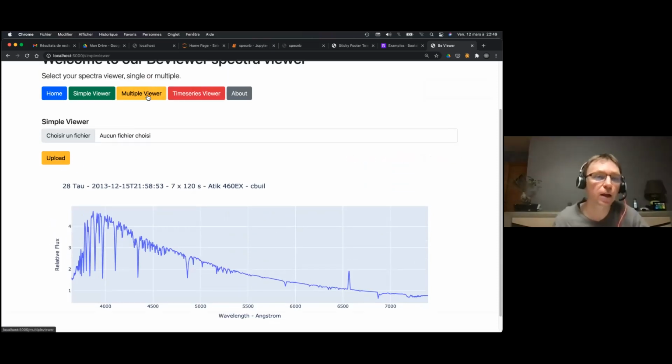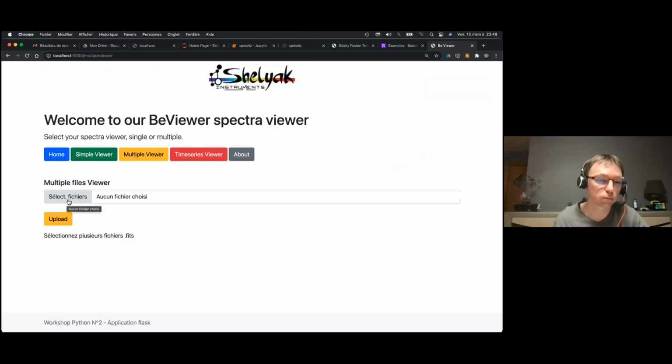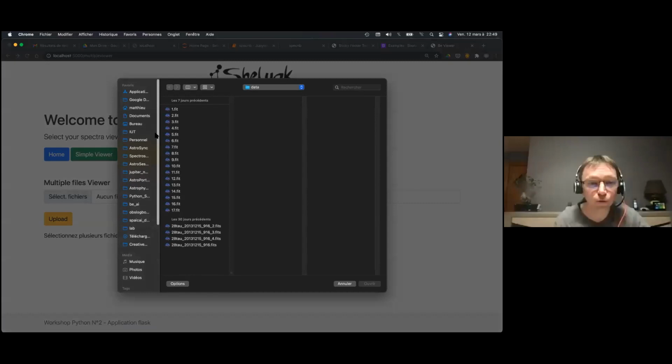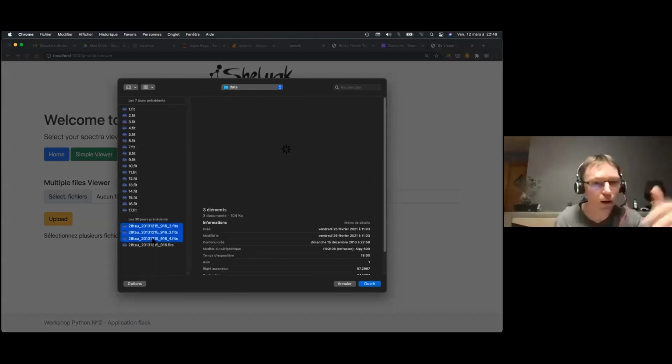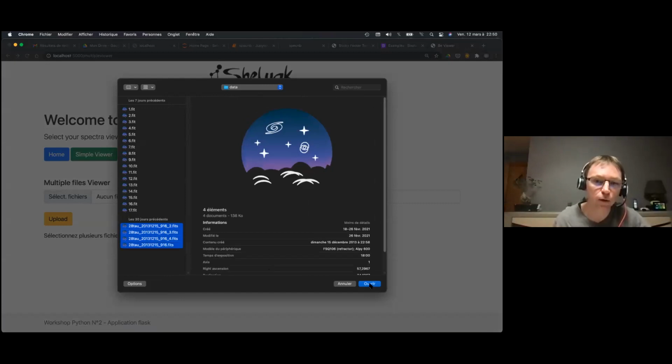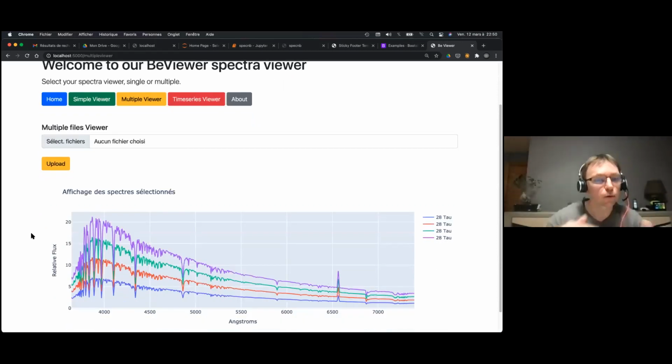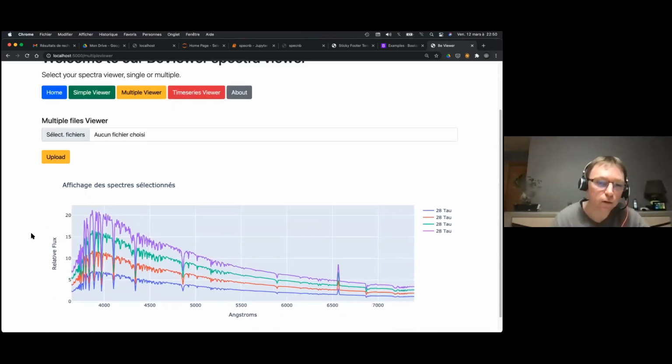And I can test my multiple viewer route. So I have the same thing, select files, and I will take multiple. It is the same file. I just copy and paste it 4 times, and in the function, in the BE tools module, I add a ratio parameter to make a shift between the spectra. Otherwise, it will all stack, and we just see one spectrum. So I have here my multi-spectra